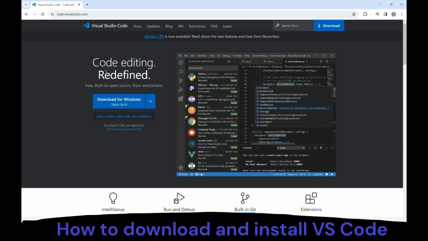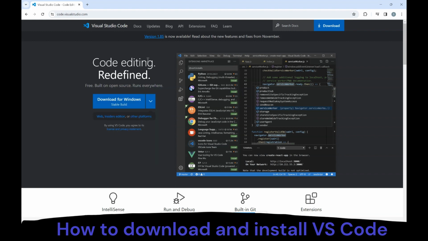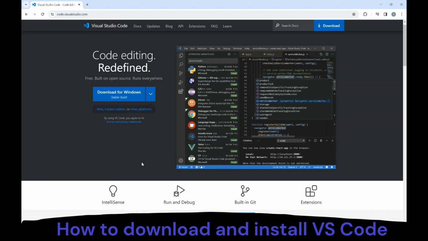The site is loaded. You can see Visual Studio Code is free. It is built on open source. It runs everywhere, which means this software runs on Mac, Windows, and Linux. Here we can see the latest version is version 1.85. This version has new features and fixes from November 2023. This is a very popular tool which is available in the market right now. This is a very light tool. It's good for coding. It has a lot of features like IntelliSense, built-in Git, and a lot of extensions are available to